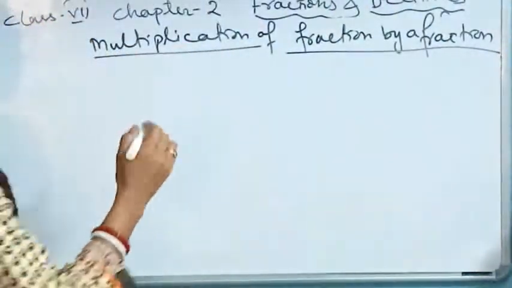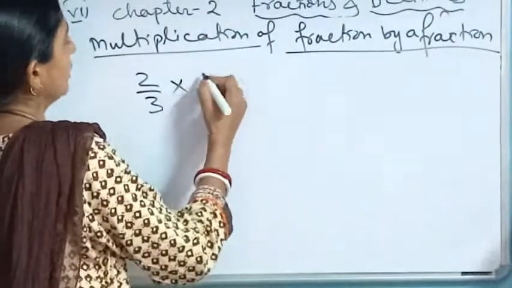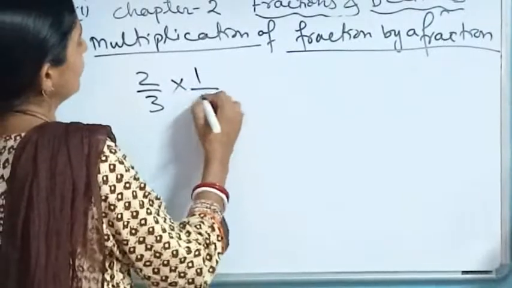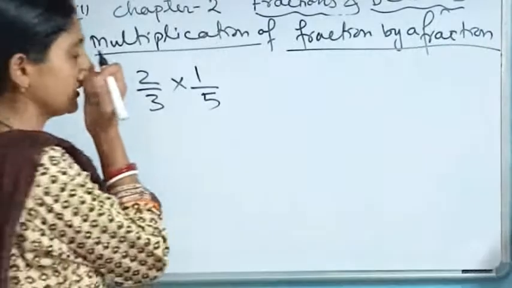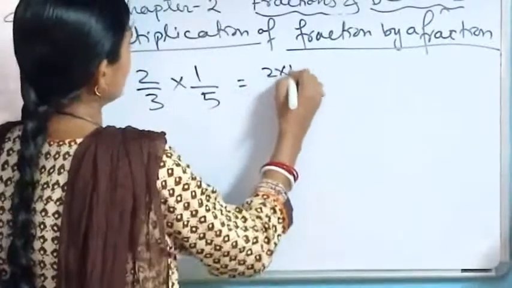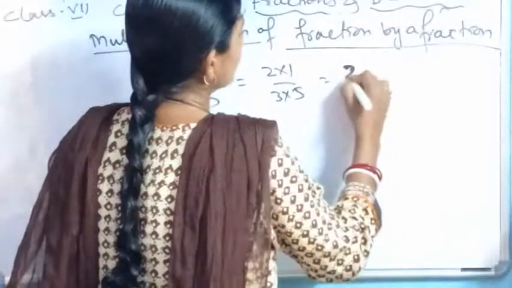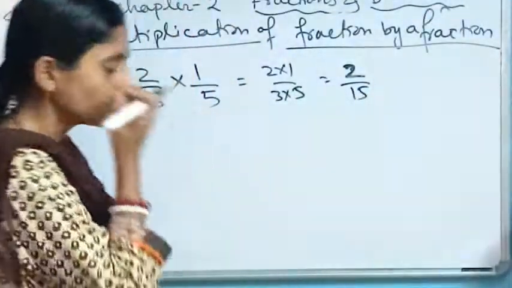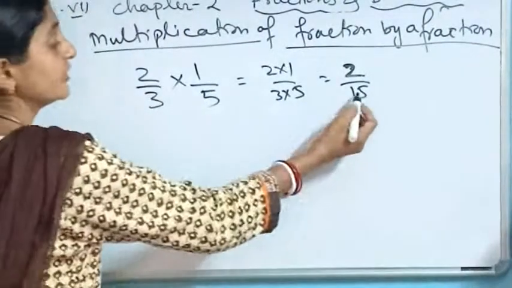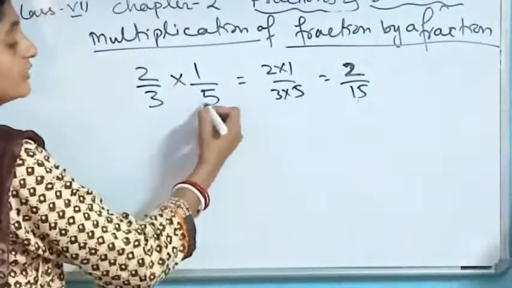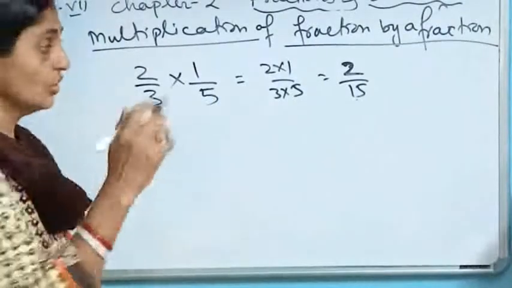Let me take two proper fractions, let it be 2/3, and I am multiplying it by 1/5. The result, what will I get? The result will be definitely 2 into 1 over 3 into 5, that means it will be 2/15. Now, can you tell me, is it bigger than any of them? That value we are getting after the multiplication, is it bigger than each of them? No, it is not. How can you see?